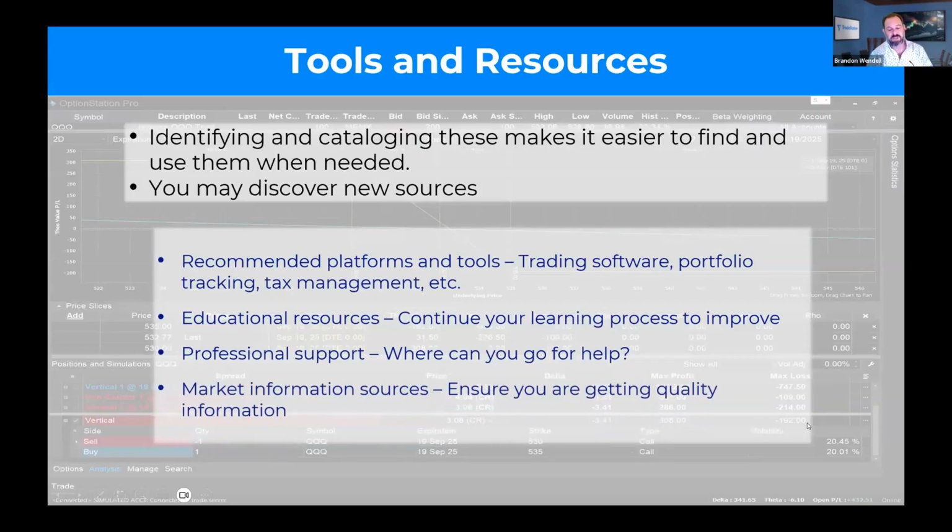And market information sources. Are you getting good quality information, especially if you're doing fundamental research? Make sure you're getting good information on the markets. Now, you got to be careful. A lot of people do like to trade news. The problem is the free news sources are slightly delayed. It seems like they're giving you the news right when the numbers come out, but they're not. For the most part, if you really want real-time news, you'd have to pay for an AP wire or Bloomberg terminal, and it's expensive. It depends on what you need for your individual business. Some people need those things, some people don't.